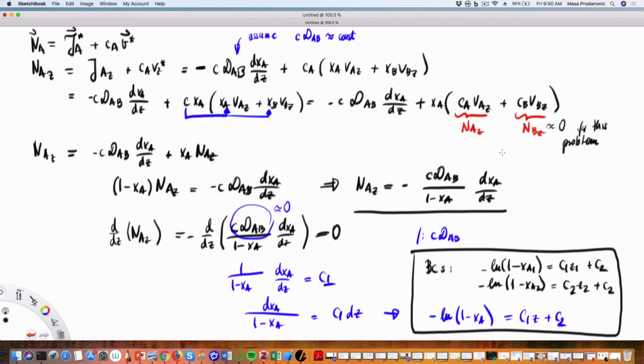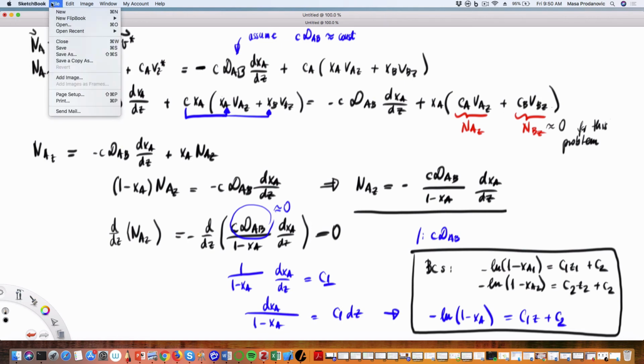Quick quiz. What is 1 minus XA1? XB1. So if you want to shorten your writing, you can, but we are solving for XA, so then we're leaving it at